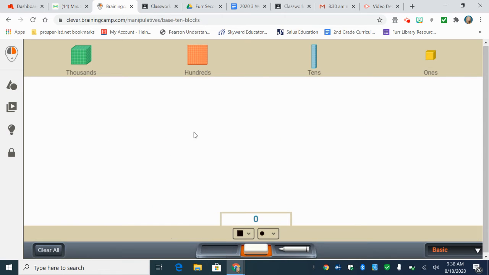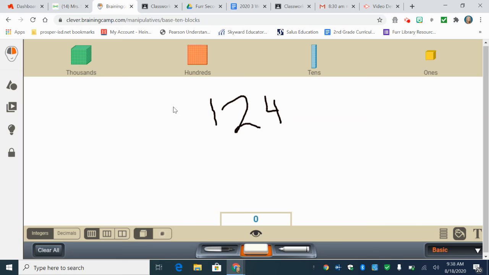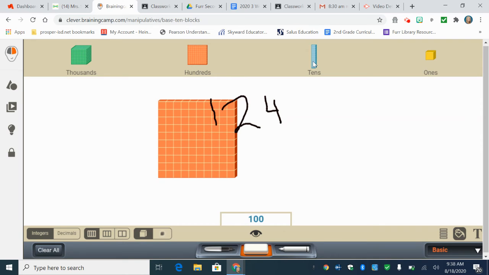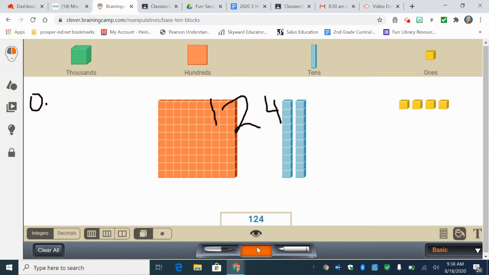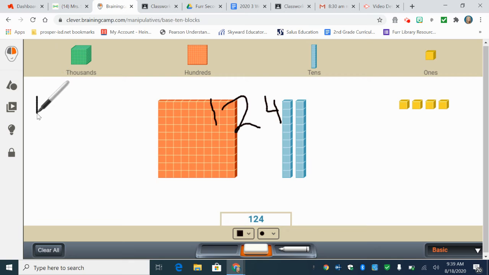Let's say I want to do the number 124. Okay, so my standard way to write that number, or to make that number, would be 100, 2 tens, and 4 ones. Okay, but that would just be standard, right? 100, 2 tens, 4 ones. So if I'm writing it real quick, let's make numbers instead. That'll go faster. So I'd have 100,